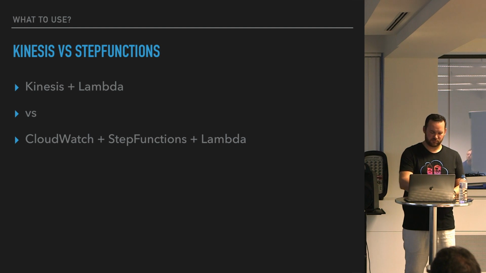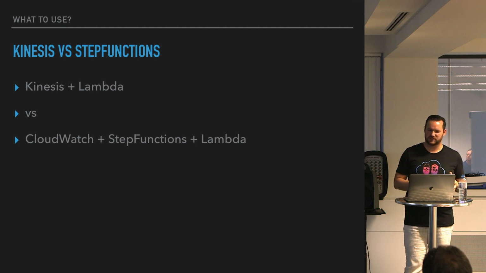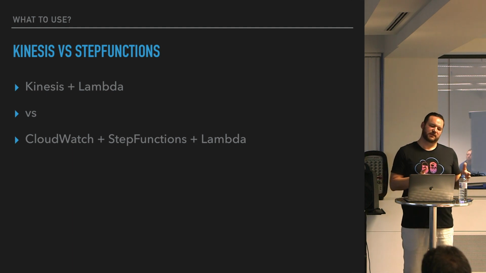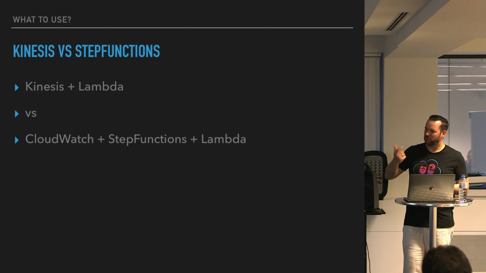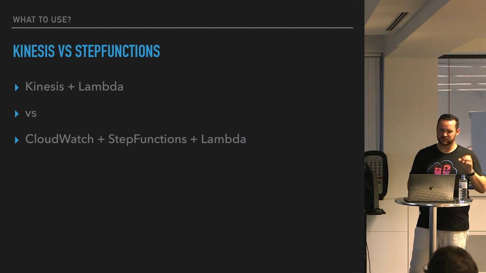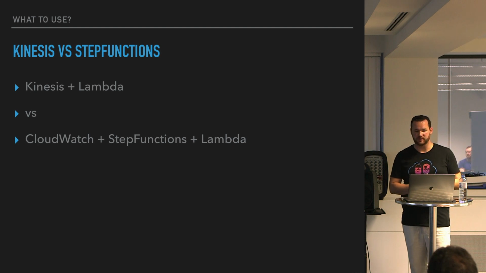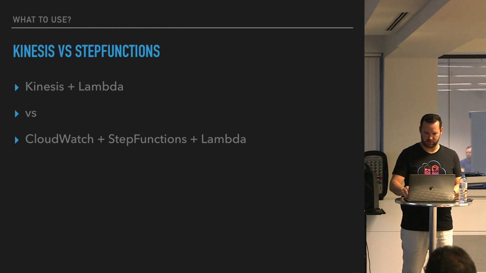So I could have used Kinesis. Kinesis is actually stream processing for big data. It works great in conjunction with Lambda, but in this case, Kinesis just costs a lot more than using CloudWatch, step functions, and scheduled events. So Kinesis really pays off if you have millions of events each day. But it's a very great thing if it comes to big data, and the scaling mechanism of Kinesis is incredible.